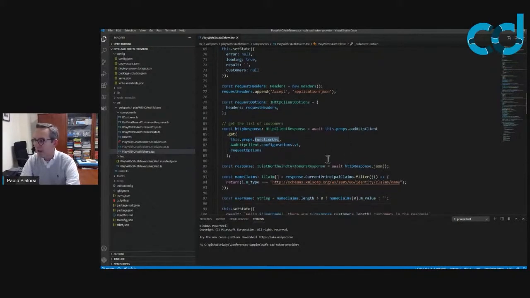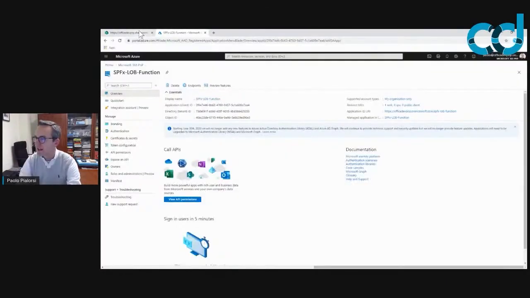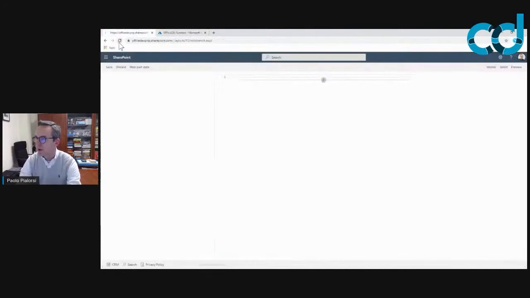Once I've got back the response, it is just a JSON response which I process and which I use. So let me do gulp serve no browser for this sample solution, and let me show you how it behaves in the browser. Almost ready. Now I can refresh the SharePoint workbench in my target tenant,